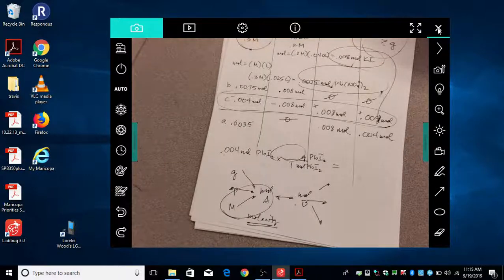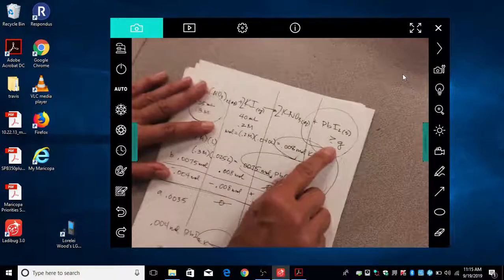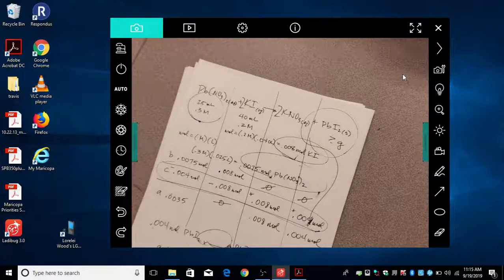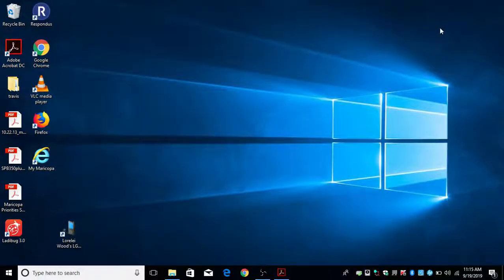I'm sorry, Laura. Yes. What was the original question for that one? The original question was, how many grams of this stuff could you make? Okay. And usually a problem will give you that. They'll give you the volume and the concentration of reactants, and then they'll say, you know, how much gas could you generate, or how much solid could you